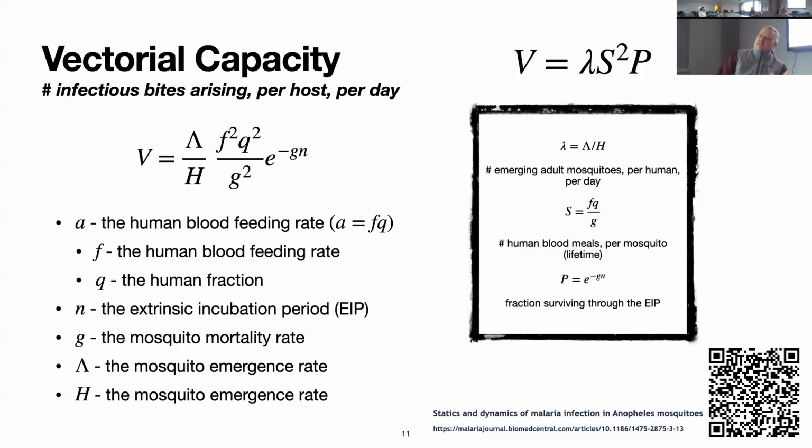It's the lifetime number of expected human bites per mosquito, counting from emergence to death on average. Take that quantity squared. Why? Because it takes 2 bites to transmit, one to infect the mosquito and one to infect the human. Then we count from the moment of emergence, so lambda is the emergence rate scaled to the number of humans. And then we have to survive through this long incubation period where the mosquitoes are sitting in the oocyst replicating for 10 to 12 days before they come into the salivary glands. So that's vectorial capacity in a nutshell, and we wrote about this more than 20 years ago now.